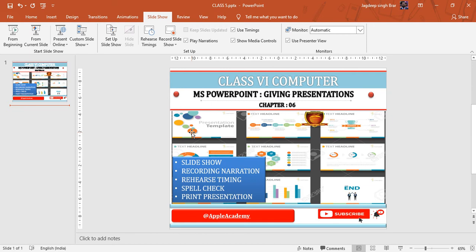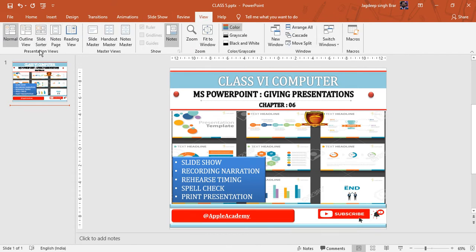Creating speaker notes. The speaker notes or the notes page are added to a presentation slide as a reference to the presentation. They allow us to create notes for each slide. The various steps to add the speaker notes are listed below. Select the slide, go to the View tab of your Microsoft PowerPoint window and select the Notes Page option from the Presentation Views group. Under the Presentation Views, select Notes Page.